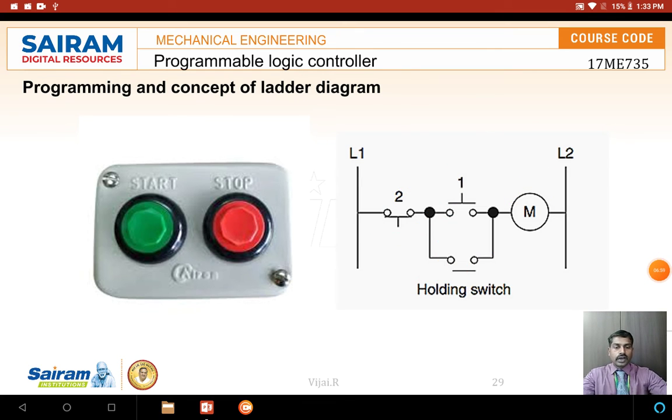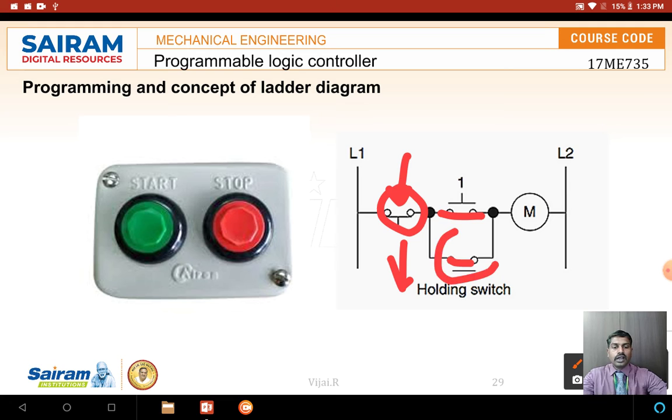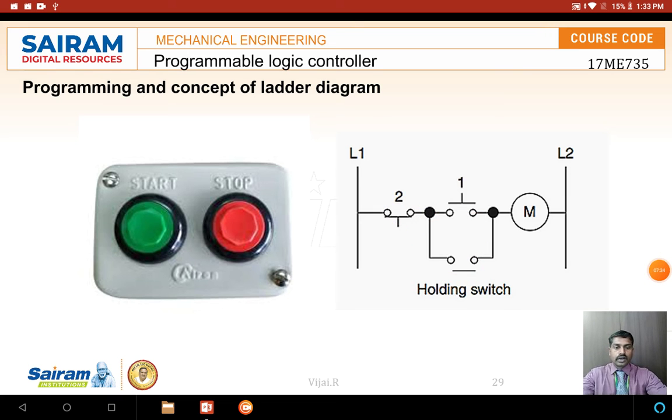So now if I press switch 2, what will happen? The holding switch is already on. When I switch this one on, the holding switch also gets switched on, so the connection is complete. When I push this 2, it will move backward, and it gets disconnected here. Once it is disconnected, the holding switch is also disconnected. It comes back momentarily, connects, and goes, right? I'll explain here how it will function.